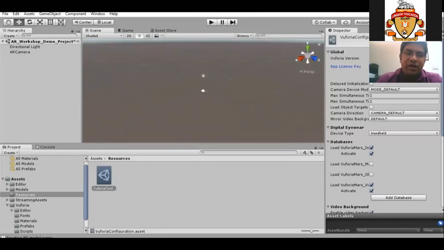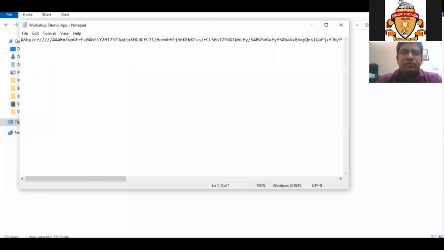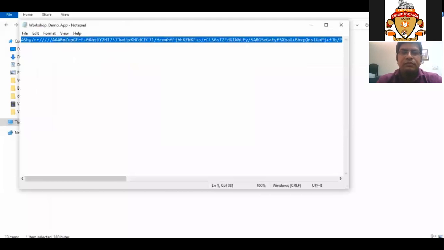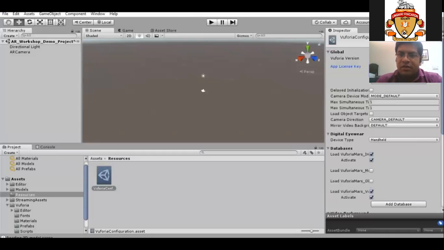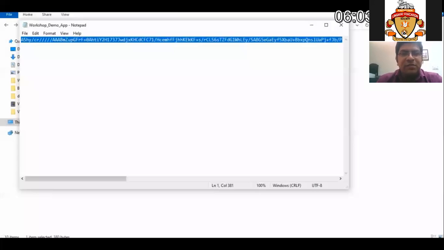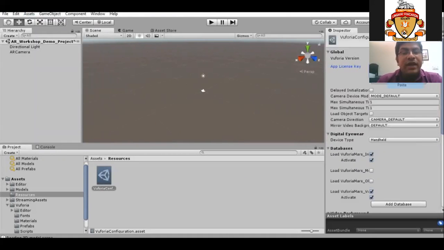We have kept it in our computer. Now I have already copied and pasted the license key. Once the license key has been pasted, next we will import the database.